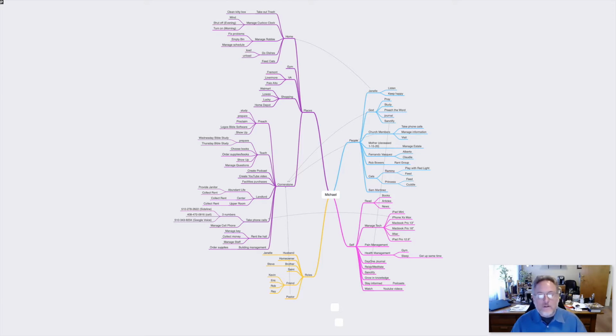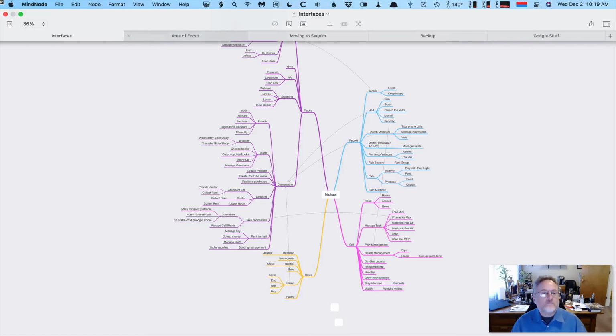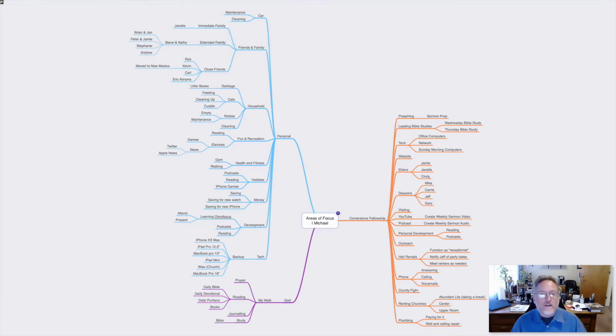So this will feed tasks into OmniFocus, and I use this as something to remind me, something to make me think in a certain direction. And so this is the big one that has everything in it. Area of Focus is a little smaller. This is things that I'm actually working on and doing right now. And so Learning OmniFocus Presenting is on this one because I'm doing this right now, and this was telling me that I needed to focus on that.